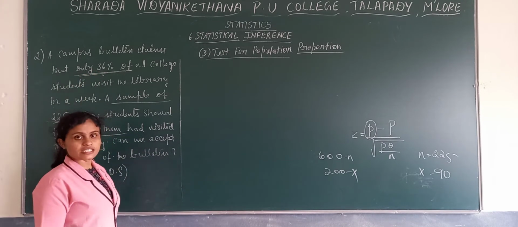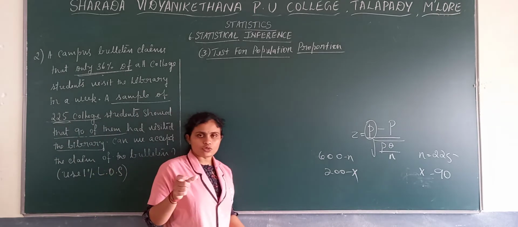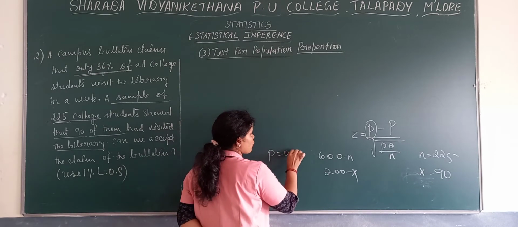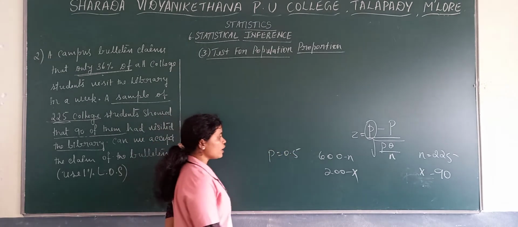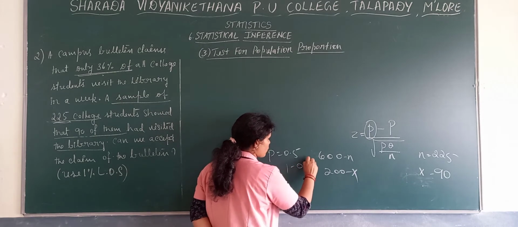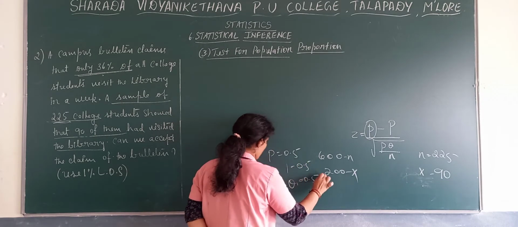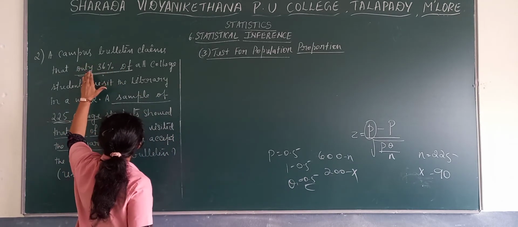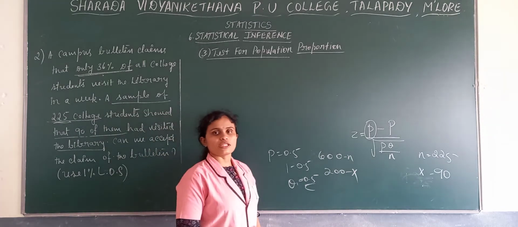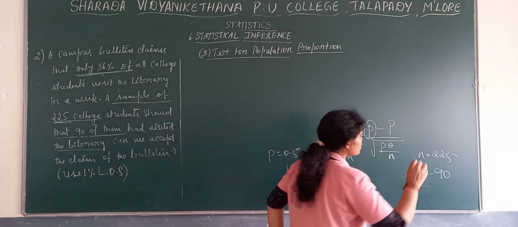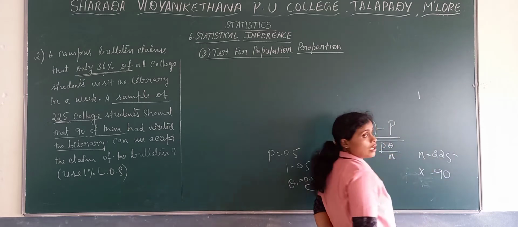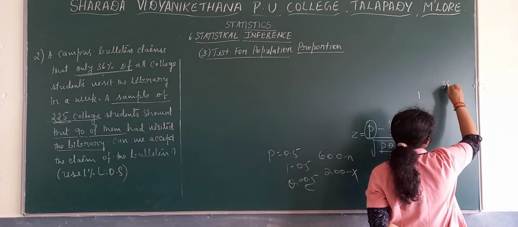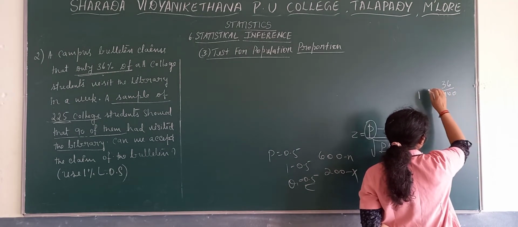Now, what is this 36%? In yesterday's problem, they used the words equally distributed, so we took P as 0.5. When P is 0.5 out of the total proportion, 1 minus 0.5, Q also remains 0.5. But in this problem, a campus bulletin claims that only 36%. So that 36% out of total proportion 1, converted into proportion, is 36 divided by 100,